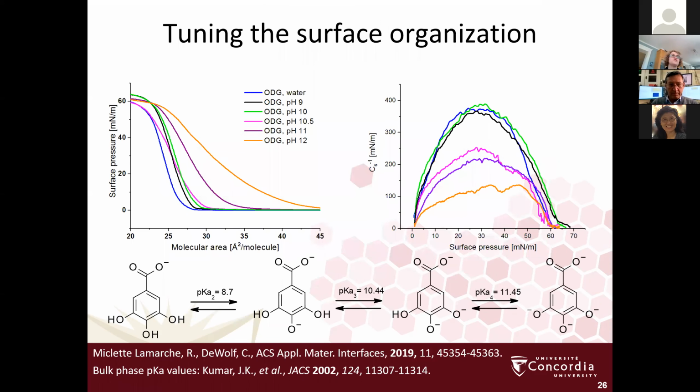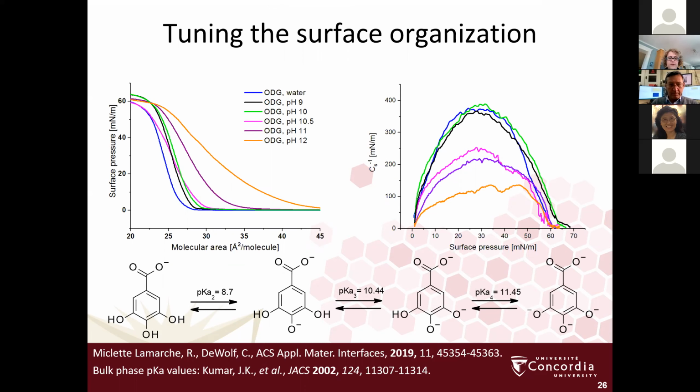Now, one of the things we wanted to do, with our thiol version, was to space the molecules out such that we could deposit them and control the spacing for creating a biosensor. And as you saw, we weren't able to do that with our film on water because we were not able to vary the organization from gaseous all the way to collapse. We had exactly the same structure. We couldn't even vary the spacing or the tilt of the molecules.